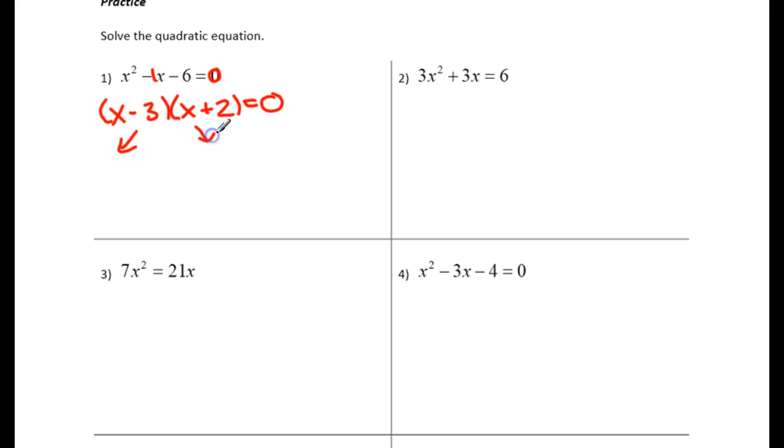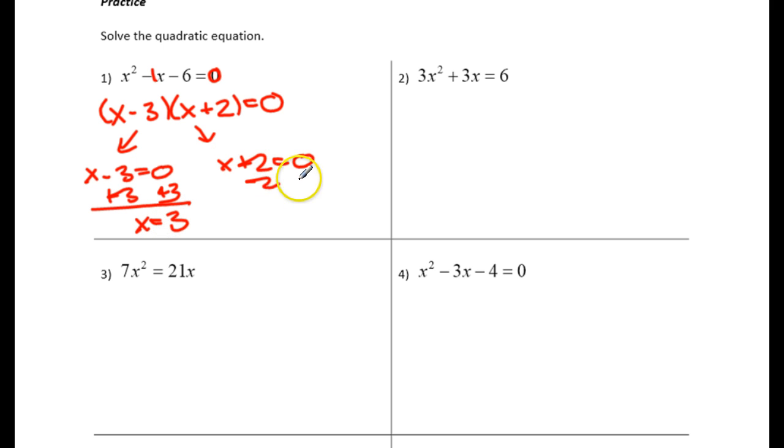I split them and set them equal to 0. So x minus 3 equals 0, x plus 2 equals 0. And then I just solve it. Add 3 to both sides, x equals positive 3. In this case, opposite is minus 2 on both sides, x equals negative 2. Okay. Alright, now for this next one here,